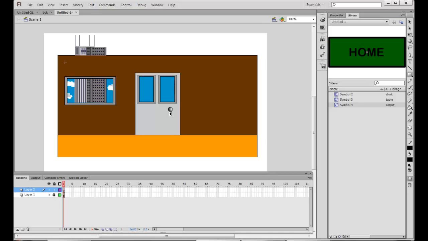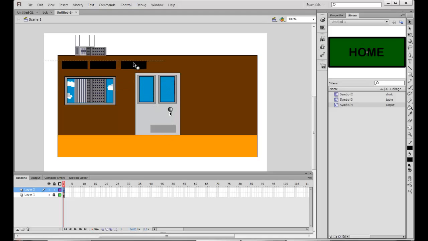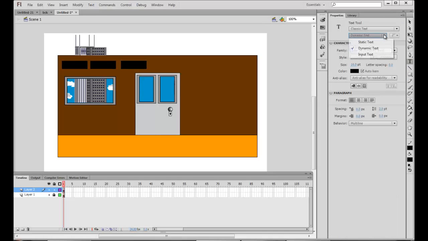I've locked layer 1 and I'll create 3 buttons now. I'll add some text to it. Since the text is not going to change, it's going to be a static text. We can color the text white on the black background.